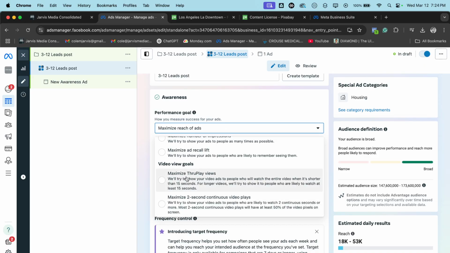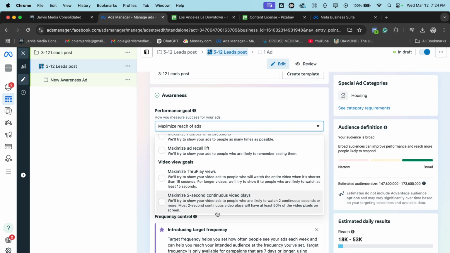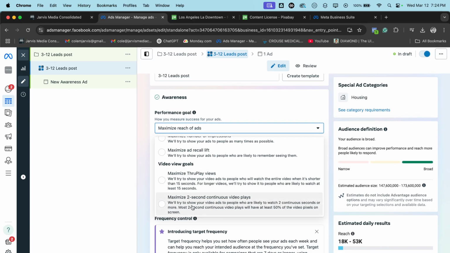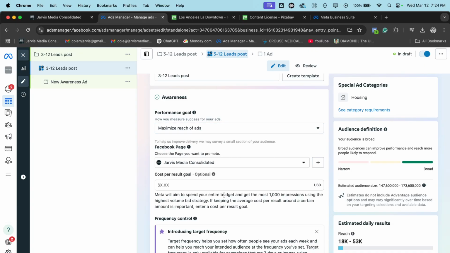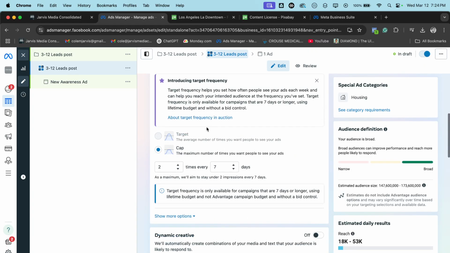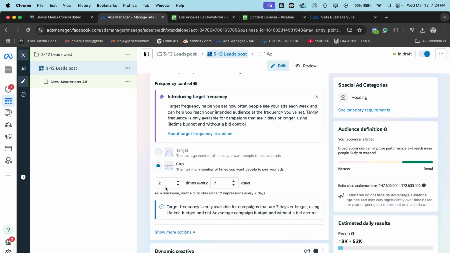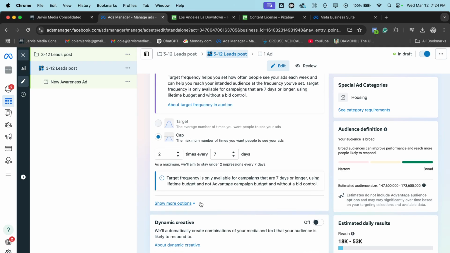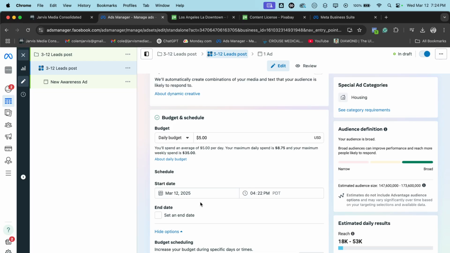So it's kind of like a light version of maximize through plays. There's more complexity behind it, but I'm just going to keep it brief for this video. So I'm going to say maximize reach of the ads. Don't worry too much about this. You can keep this default. You can look into it if you want, but it's not going to make that much of a difference for